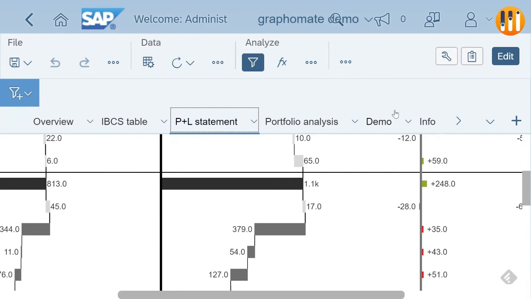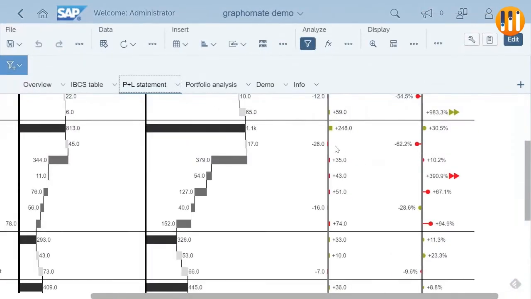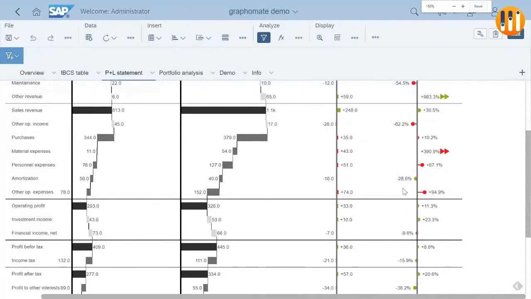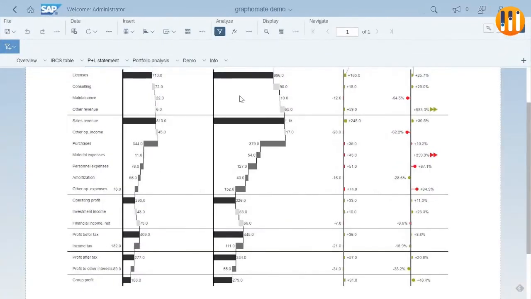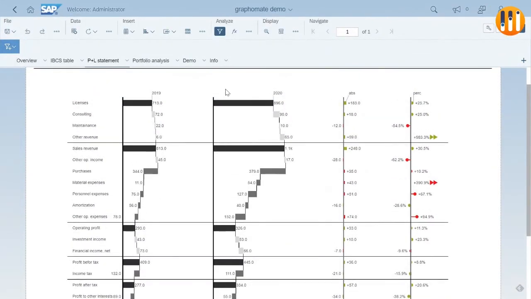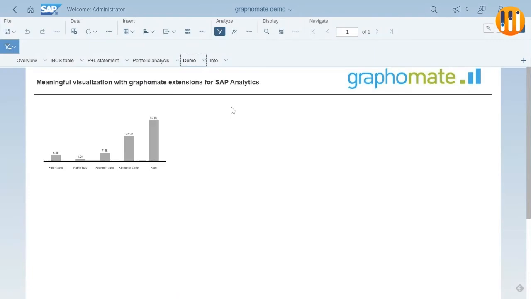Yes. Every financial accountant loves this, because green doesn't mean it's a positive value. It means it's good for your target, and red is bad for your target. So it's not always on the right side or the left side. And yes, we call them controllers. I think that's not the normal definition you call them, but the financial guys and girls like that very much. I think you should go to the demo and how to build something.